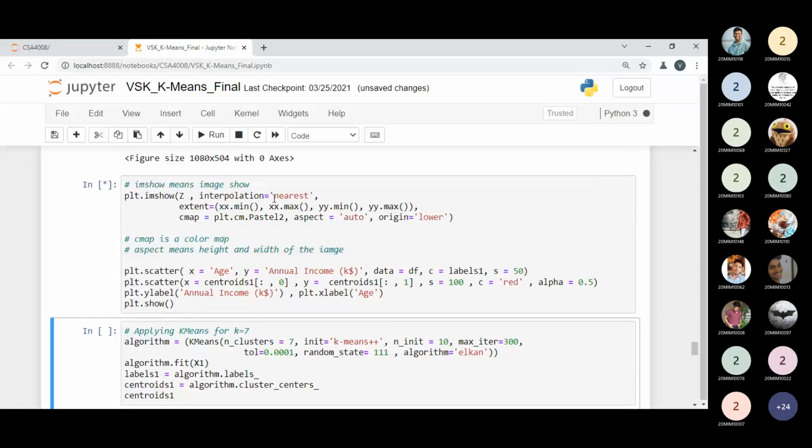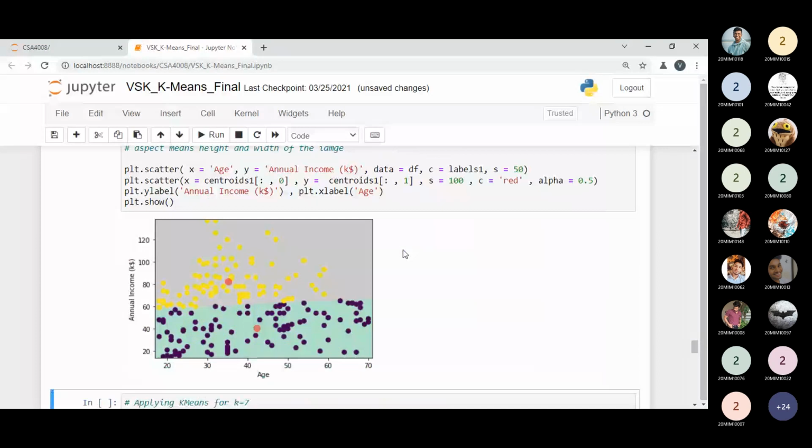Okay, yeah, it is displaying right now. It is visible to all right now. Are you able to see the red color dot that is the centroid point of our cluster? Yes. That is the centroid. So now this is the functionality we have done by the code right now. It is clear to all people right now. So far we have constructed a two cluster. Now it is clear.